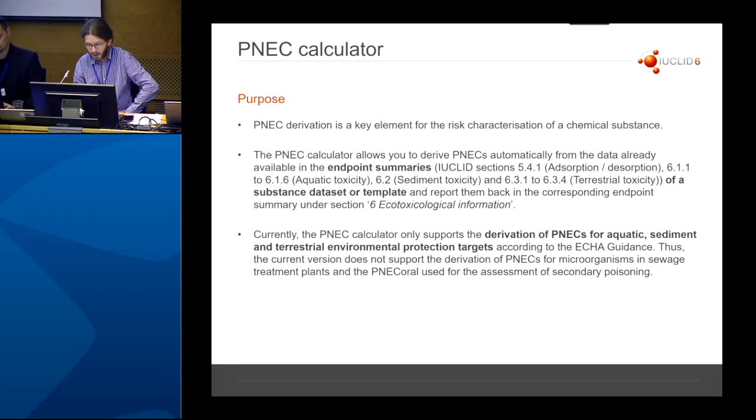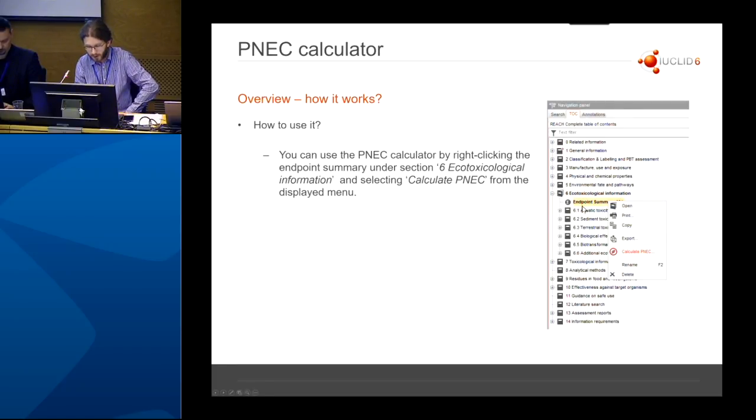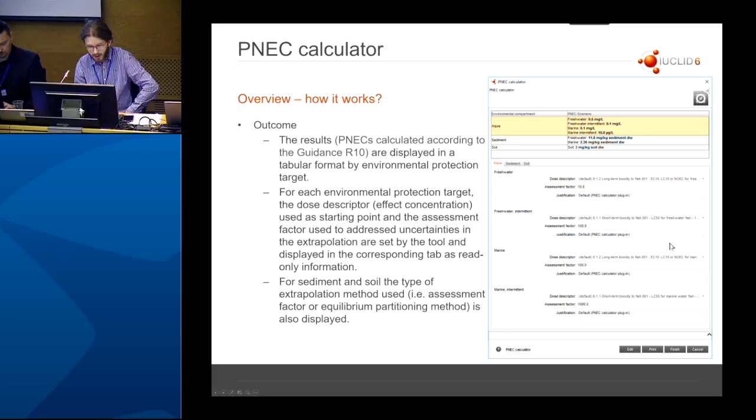And when it is done, you can create under section 6 a document to store the PNEC, and it will create an empty document where your PNEC can be stored. But when you right-click on this document, you can use this PNEC calculator, click Calculate PNEC, and the tool will retrieve the information you have summarized in the different endpoints